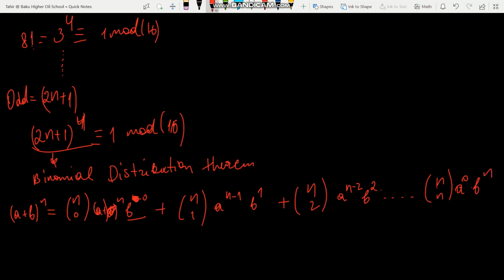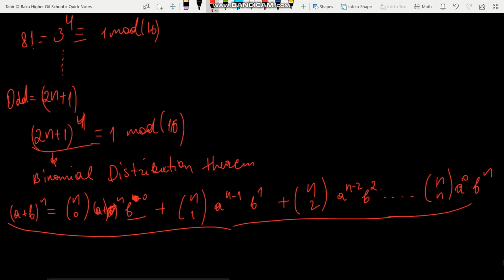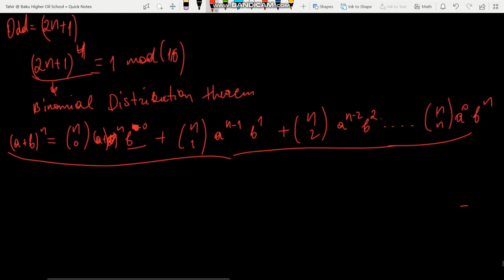And this is just the formula to distribute these kinds of terms. As you see, our n in this case is 4, a is equal to 2n, and b is equal to 1. Let's write the same formula for this expression, 2n plus 1 to the power 4 is equal to